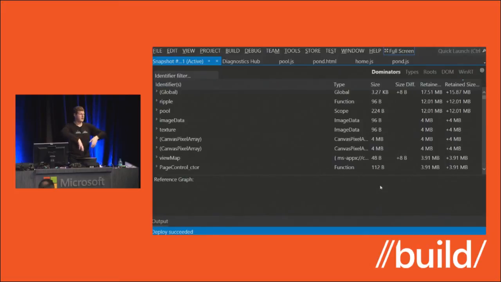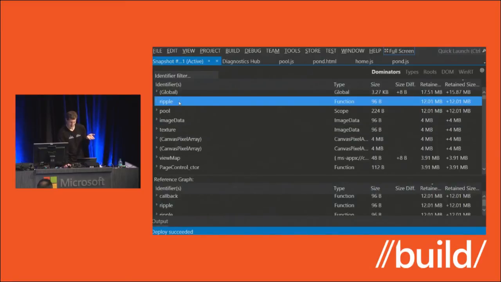So all the stuff that was created in my application startup, all the Win.js references I have and stuff like that, those are going to be removed so I have a nice view of the world. And it's going to tell me what changed. Well, global, okay, that's not useful. Right, Ripple, 12 megabytes. Okay, well, Ripple, we know before when we were performance profiling, this is the code that